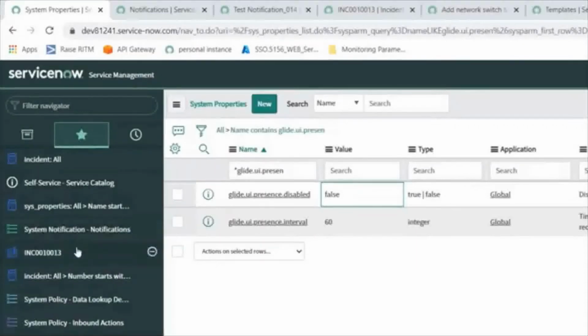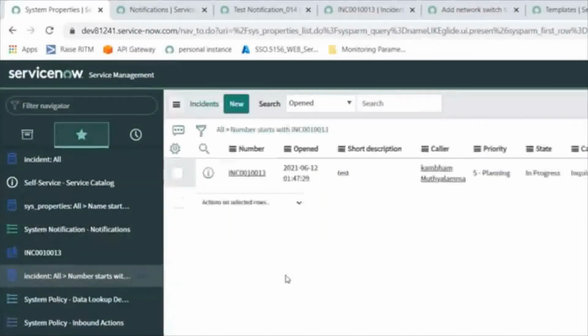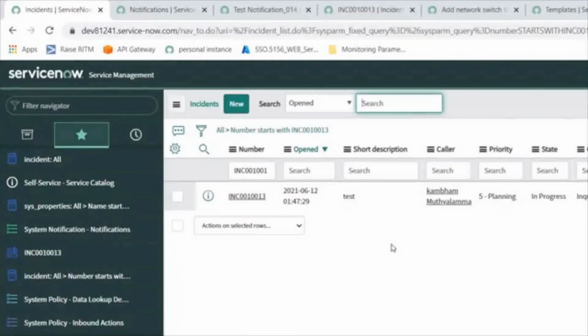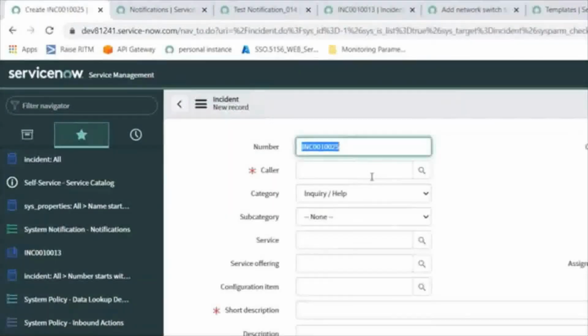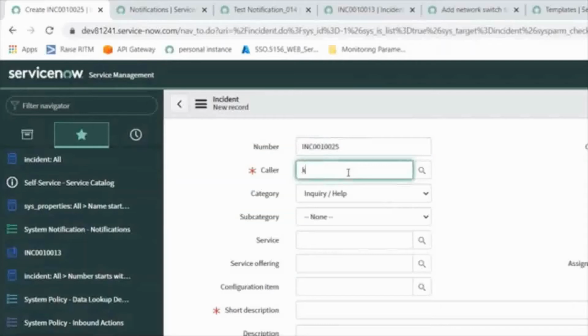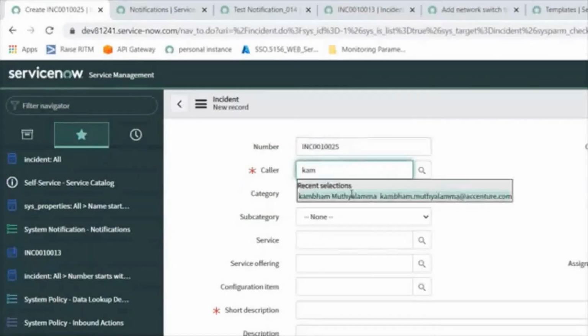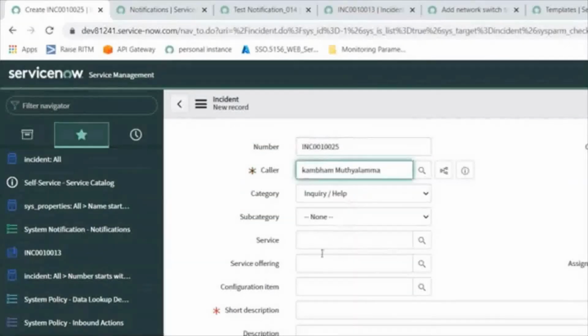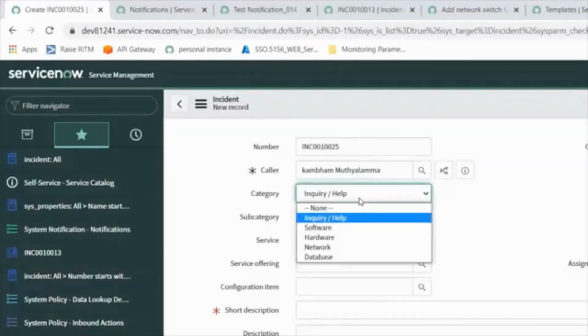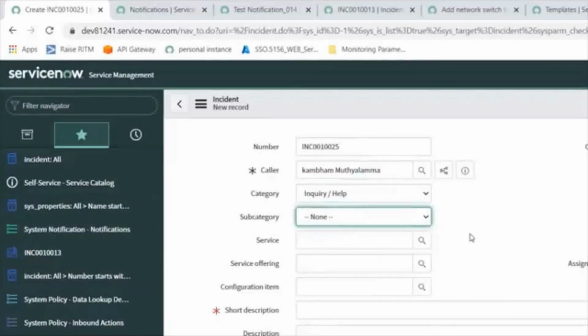I am opening the incident table. Okay. Mainly it will work with the short description. Here you can give any caller, and we can give the category, inquiry and help, and subcategory; those are not mandatory fields.